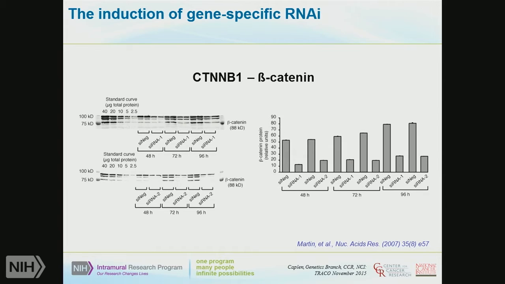You may get transcript degradation very quickly, but if your protein has a very short turnover, you're going to see effects very quickly. If your protein has a very long half-life, then you may not see any effects at all. It may be very, very stable. This is something you really have to think about when you're timing your experiments and looking at effects. I'll talk about that a little later in the context of one experiment we were involved in.